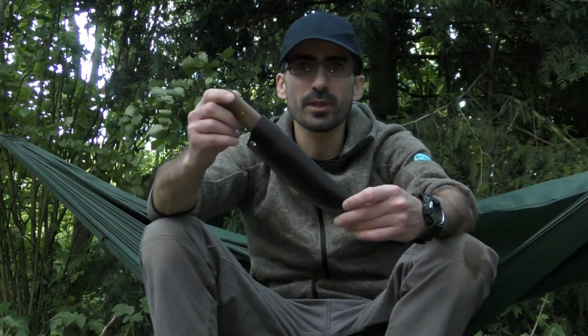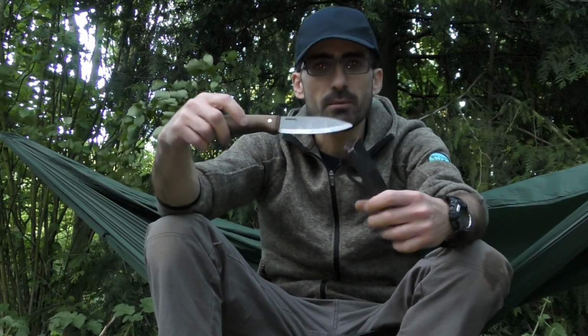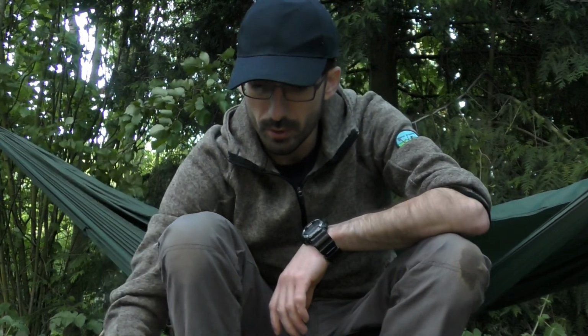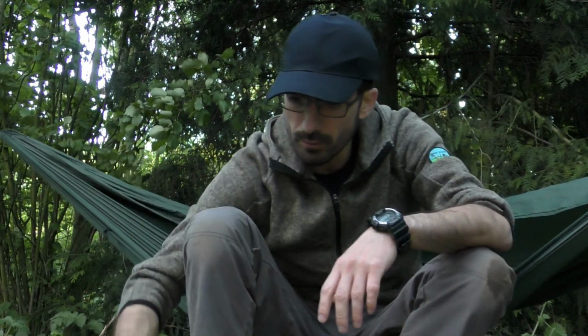Yeah, I really enjoyed using my new Condor Bushlore. I received this 2 weeks ago, and this is its first time in action, and I'm pleased with how it works. Its handle is good, feels comfortable. The leather sheath is also nice and simple with the belt loop. I'm sure most of you are familiar with this knife and doesn't need any further explanation. I've got some cherry wood prepared, hopefully for this weekend, for my son to come and play, have a little campfire. And